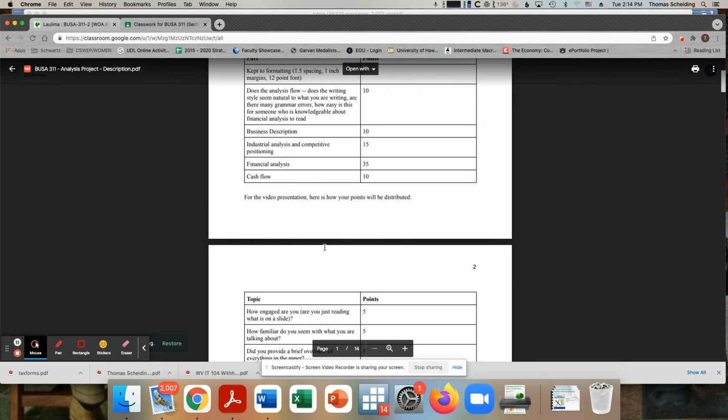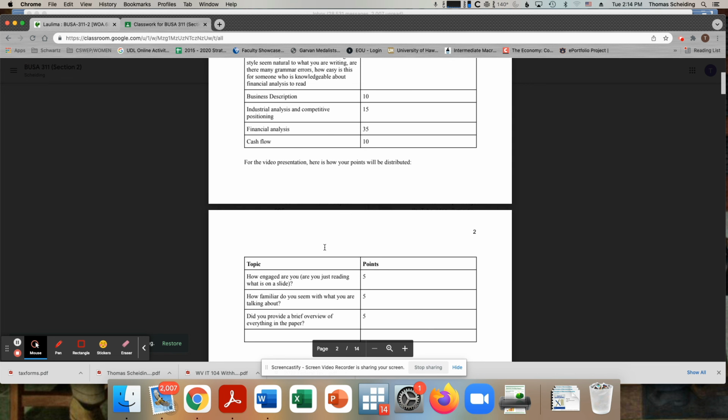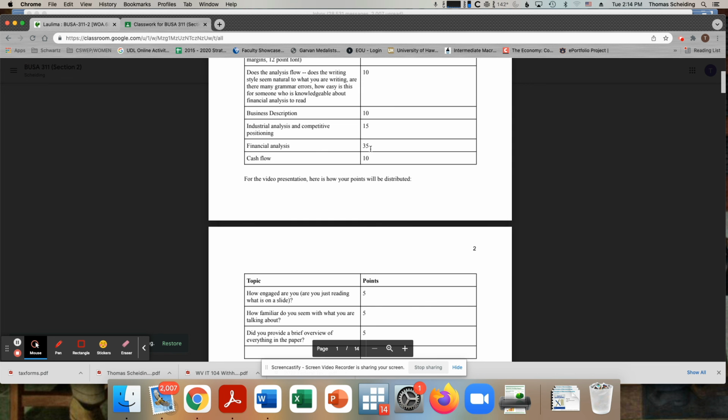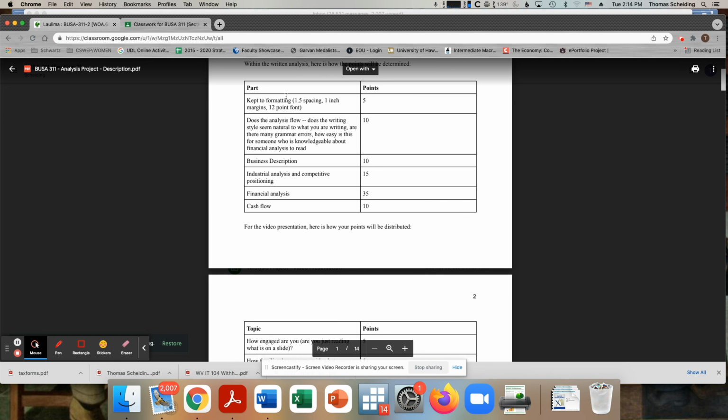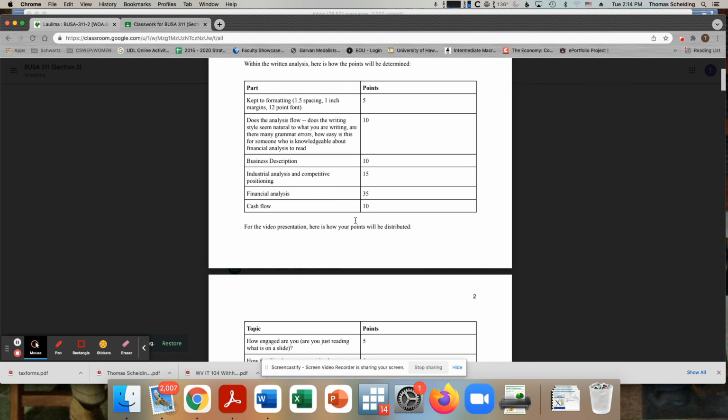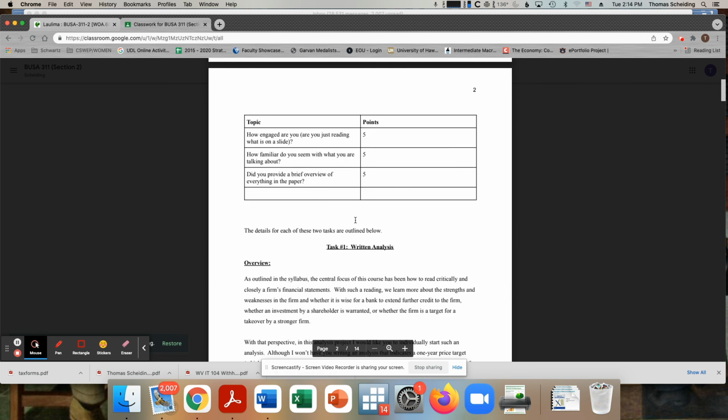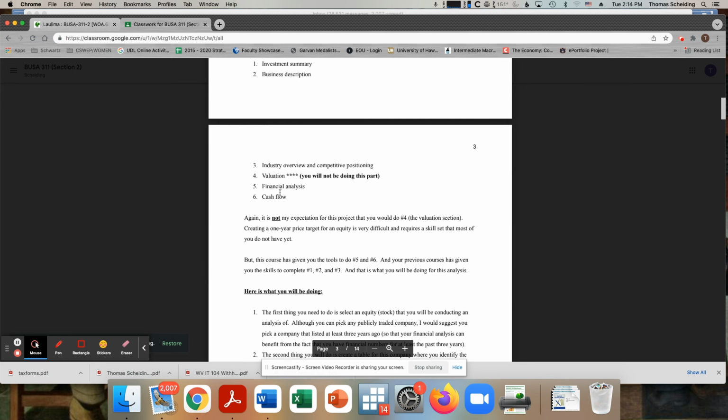If we go back up to the points part, that's 45 points of the total 85 points in the written section. So it is the bulk of the written component. So do not shorten things up too much there.